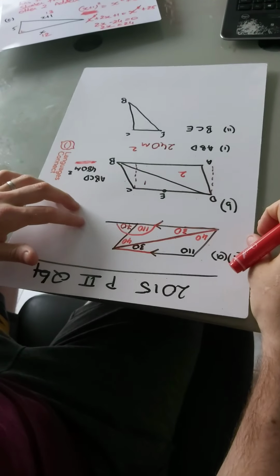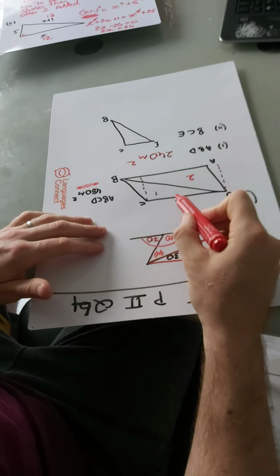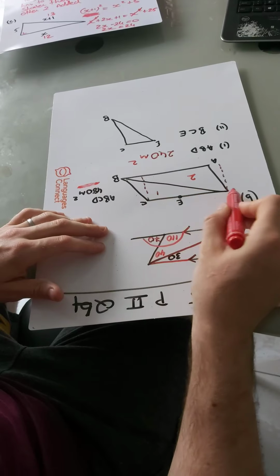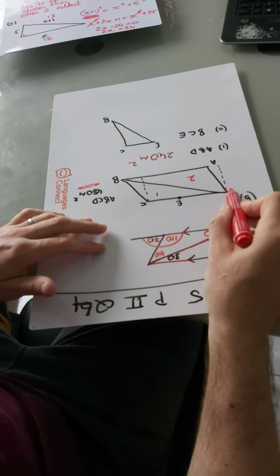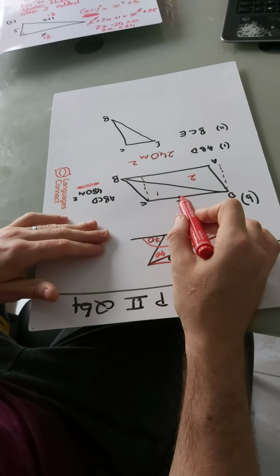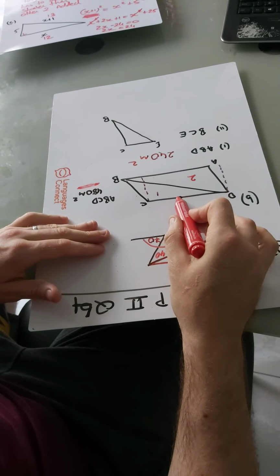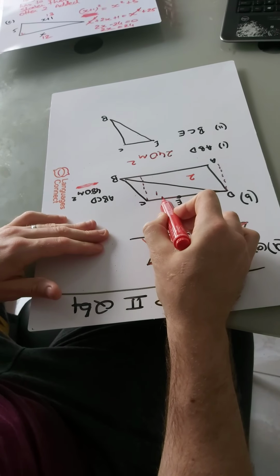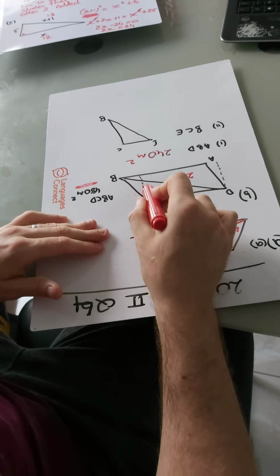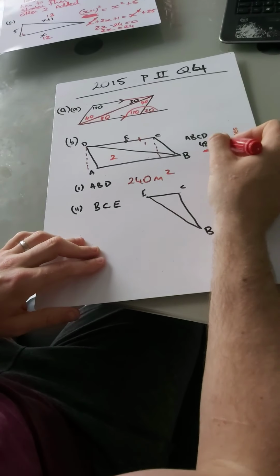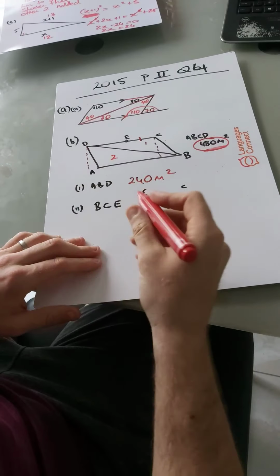Now I'm going to turn this around to explain the next question. Right, so that's for this triangle ECB. Now EC is half of DC, which means that it's half the base, okay, of that parallelogram. Okay, and that triangle. Okay, so then half of this is going to be a quarter. Okay, but it still has the same perpendicular height, so it's going to be a quarter of 480,